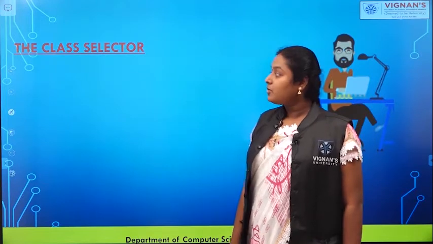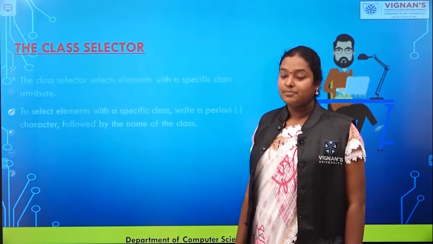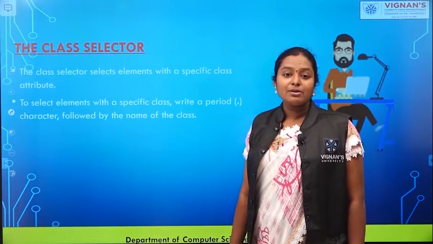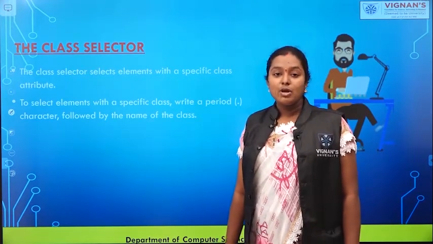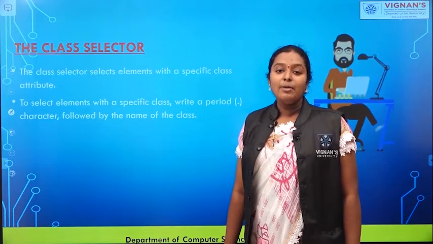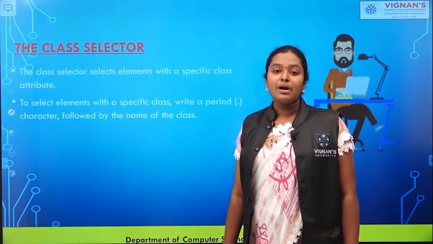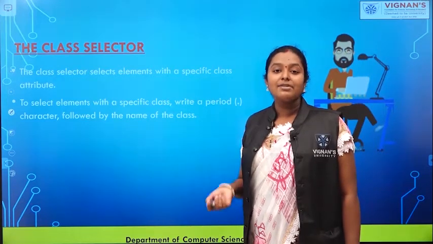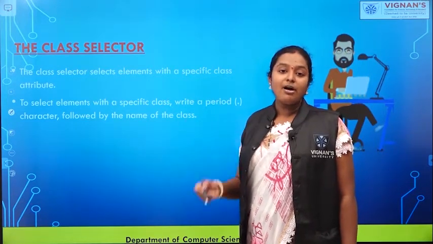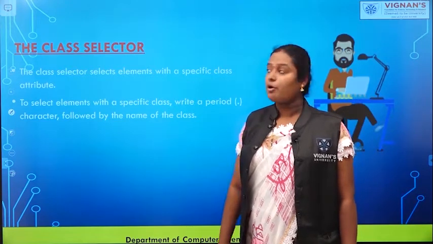The next selector you are going to discuss in the CSS selectors is the class selector. So when will you use this class selector? Instead of selecting a particular item, here you will select the class. Based on the class name, you will select the particular item. If you give a name equal to class1, then the elements having the class1 value will all get the same properties.